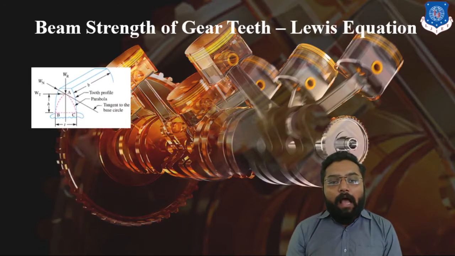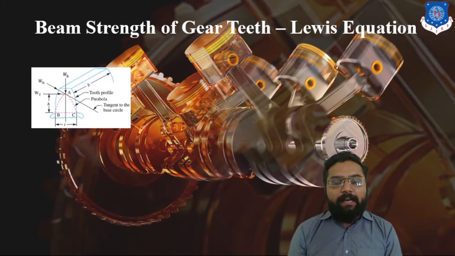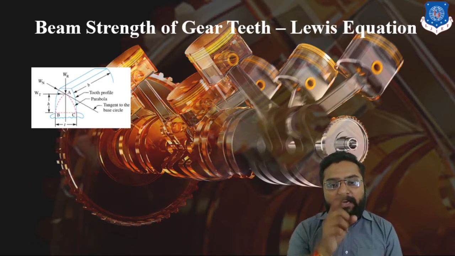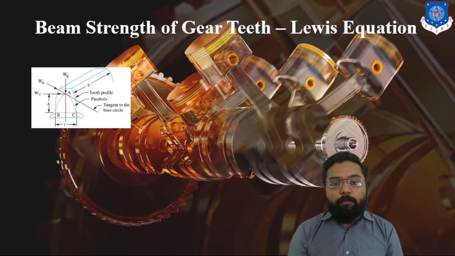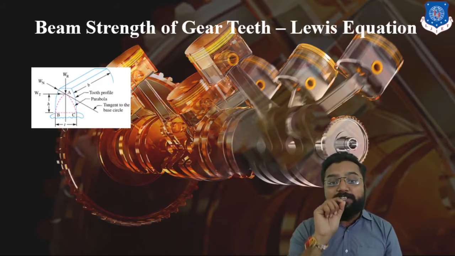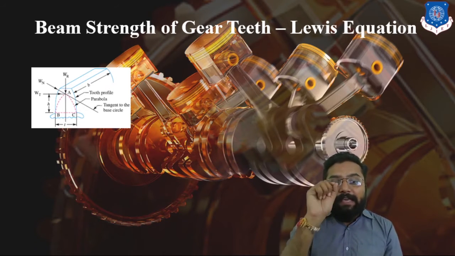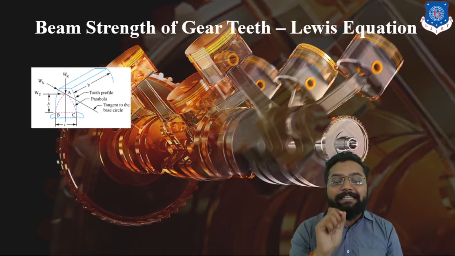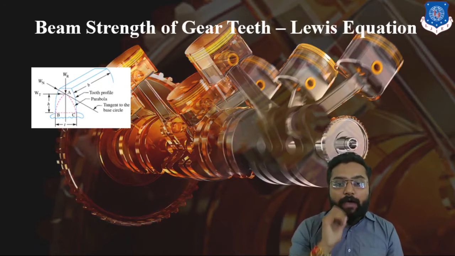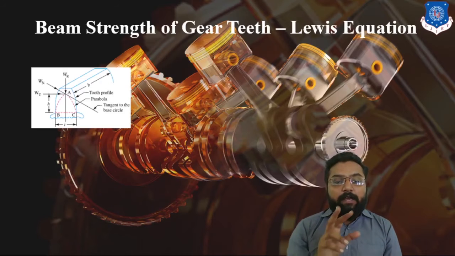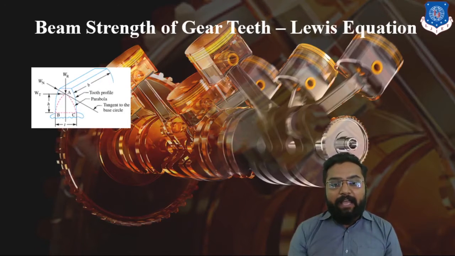So in this bending stress, we have to consider our tooth as a cantilever beam. Here you can see the force is acting as Wn, which has two components, Wr and Wt. Wt is the tangential component, the component which is predominantly working on our gear, whereas Wr is the radial component, also called the reactionary force, and Wt is called the thrust force. Clear? It has length h and thickness t. Ultimately this is our basic tooth profile.